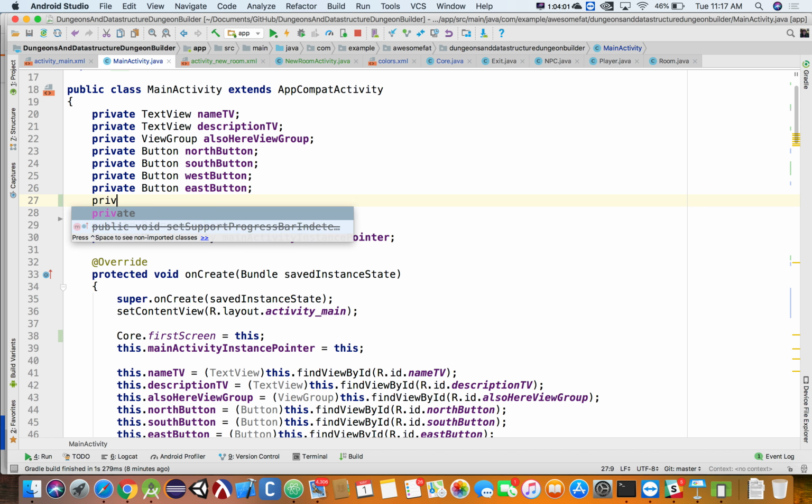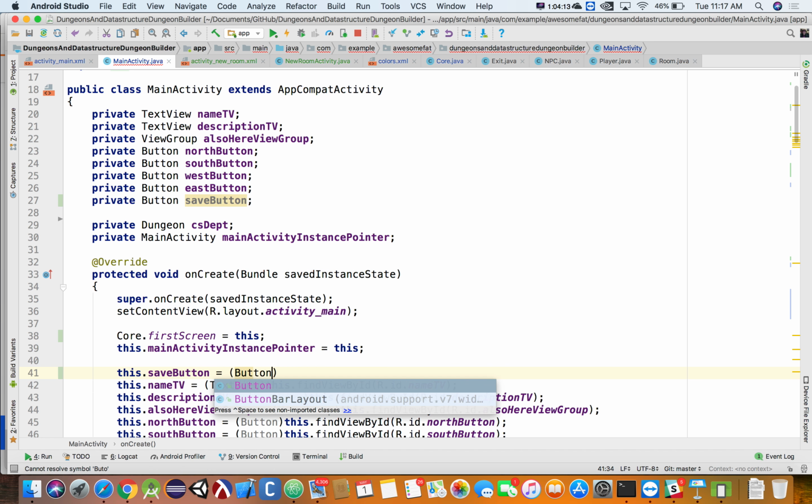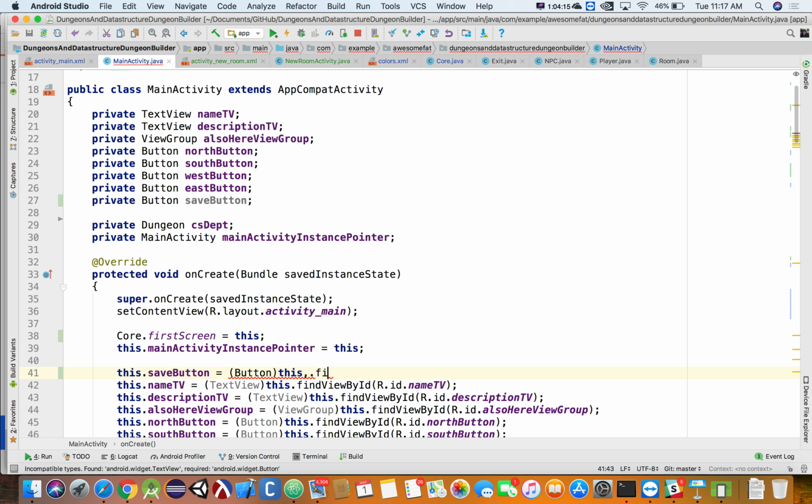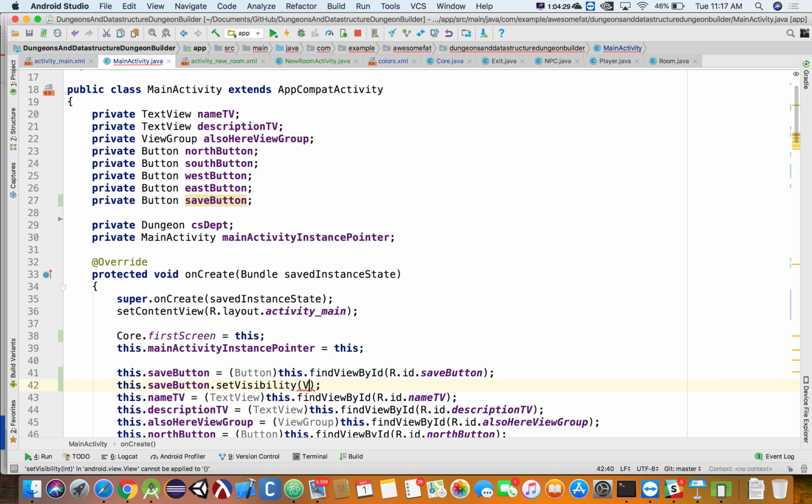We'll go ahead and give ourselves access to that. This dot save button is equal to the button version of this dot find view by ID r.id dot save button,